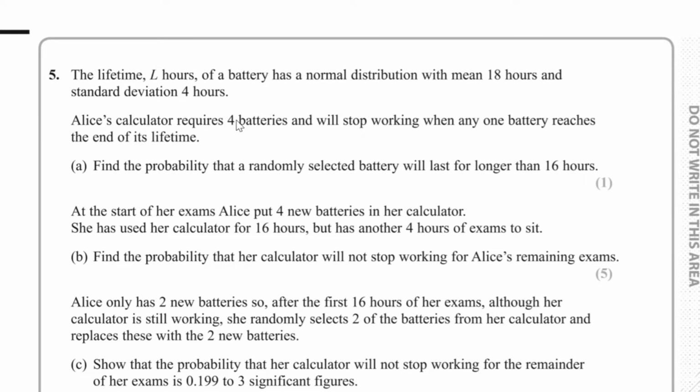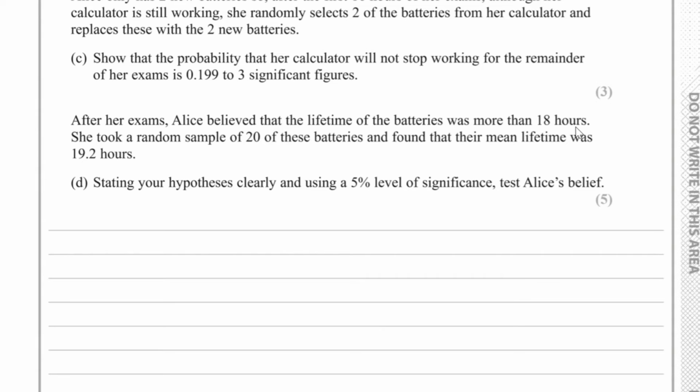Question number 5. The lifetime L hours of a battery has a normal distribution with mean 18 hours and standard deviation 4 hours. Alice's calculator requires 4 batteries and will stop working when any one battery reaches the end of its lifetime. For part A, we have to find the probability that a randomly selected battery will last for longer than 16 hours. So for part A,